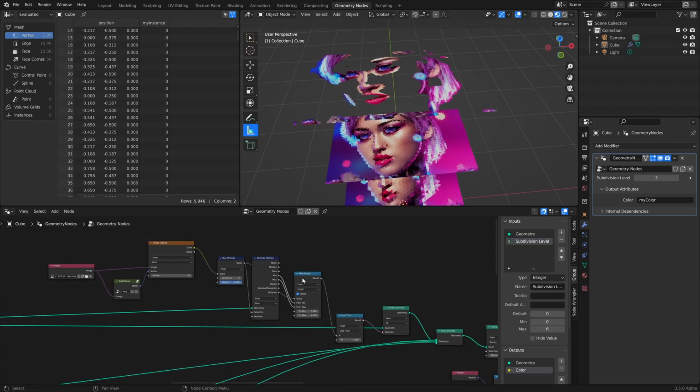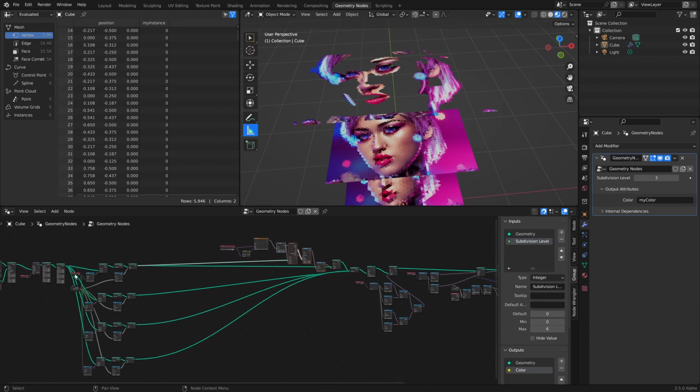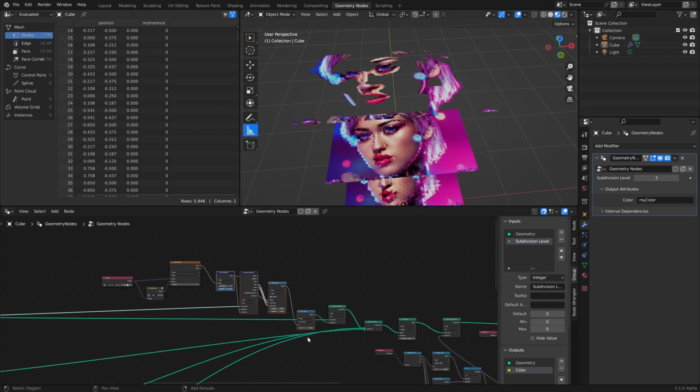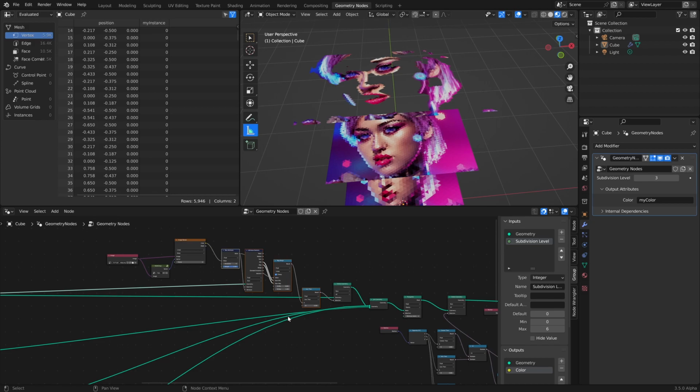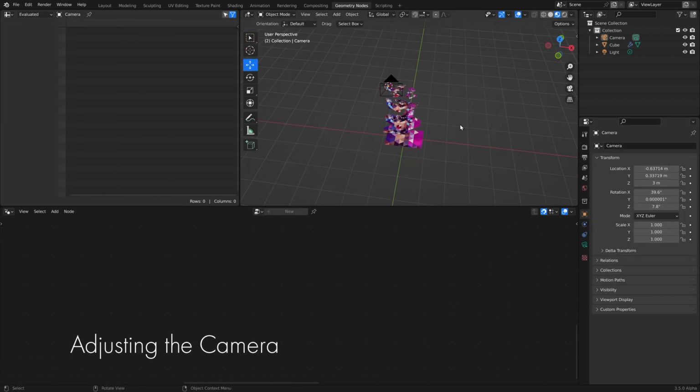All right, so to finish, it's as simple as duplicating these 4 nodes and then just rewiring everything. I'm not going to sit here and do it in front of you because it's going to take too much time and this video is already getting kind of long. In the final version, I've added more controls so you can tweak things without needing to go into the node tree. To position the camera, zero out its location,